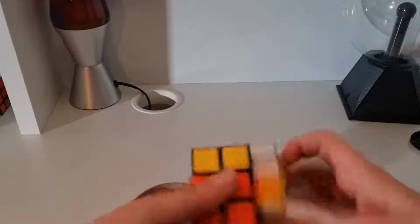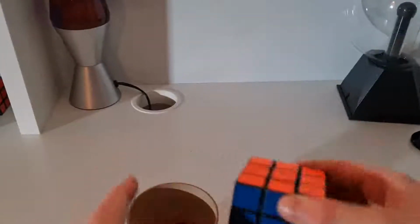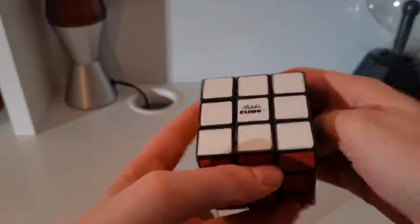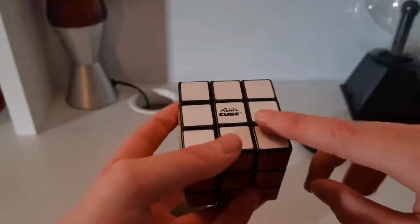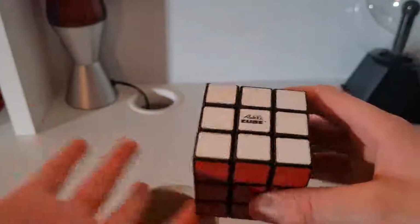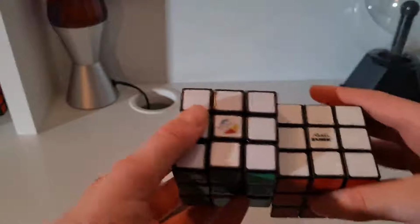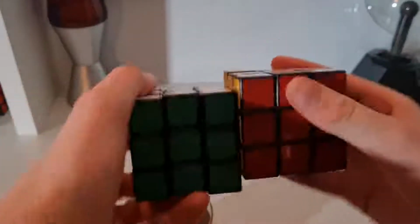No way would I want to use it to speed solve. I'm pretty sure that goes without saying. Yeah, really cool. So I guess this is actually the version 0? I don't know, because I'm pretty sure this is the V1, but it might actually be the V2. Yeah, original Rubik's Cube. And also, if we look in here,